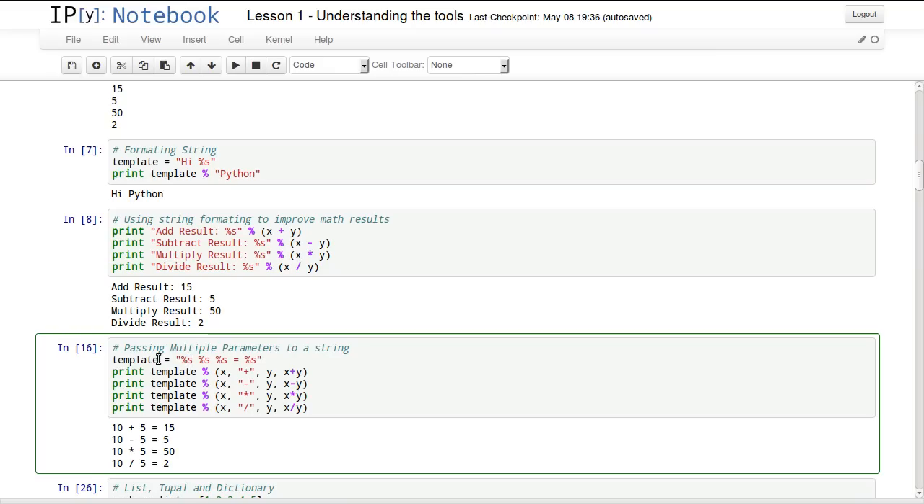And this is what our template does here. It has 4 places: the first number, operation, second number, and result. To pass multiple variables to a string, we use brackets and put commas between our variables. So we go print template x, comma, plus, which is a string, comma, y, comma, and finally the result of